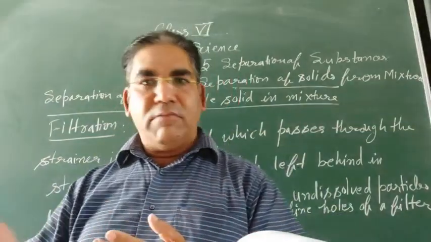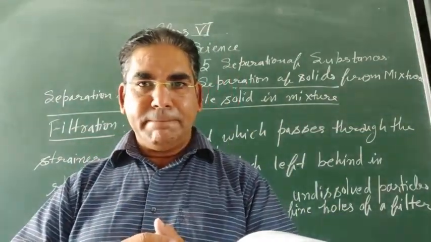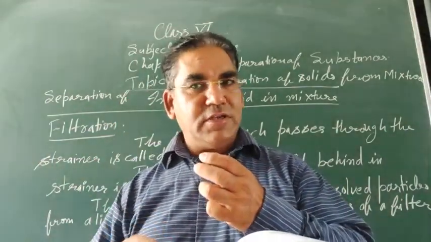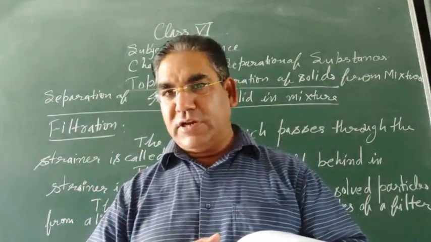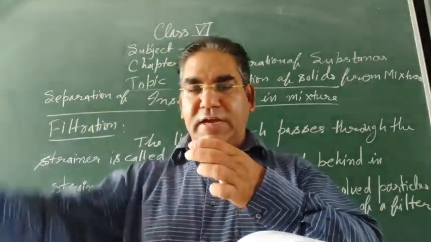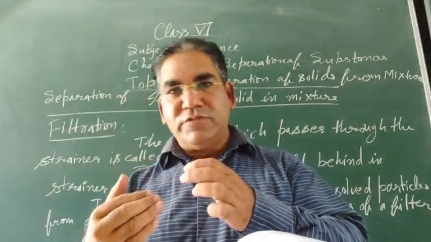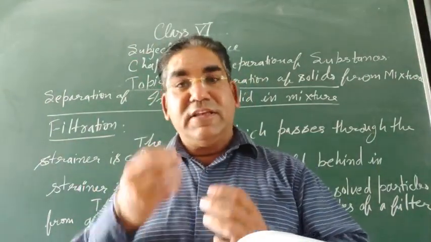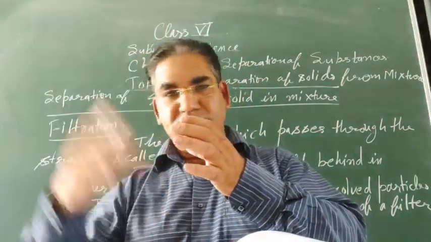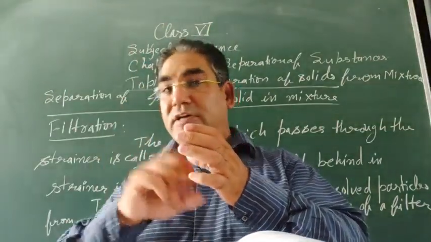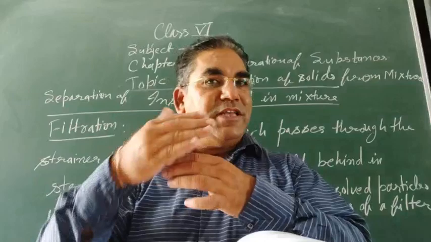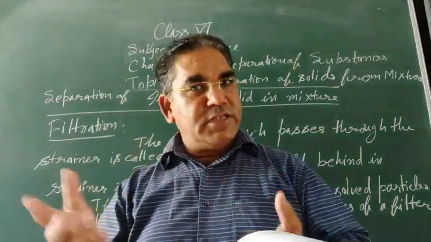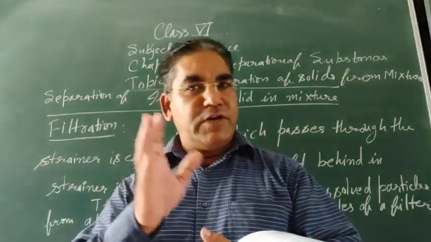Simple. Mama चाय बनाती है and she takes a sieve, chalni, strainer, you can say. In scientific language we will say strainer. We will take the strainer and put the tea over here. Tea leaves, which are solid and have large size particles, are left behind, while the smaller size particles, the liquid which is soluble, pass through. The insoluble solid, the tea leaves, is left behind and separated out with the strainer. This is a simple way of filtration.